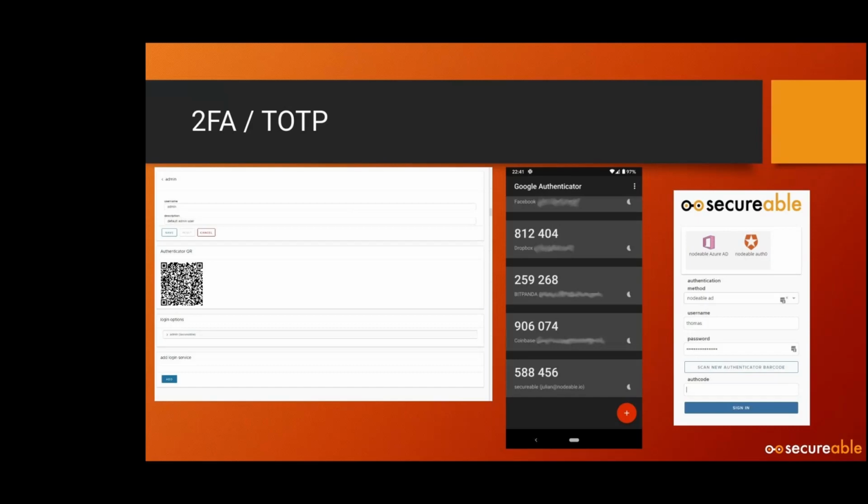Now, the most popular thing for that is the Google Authenticator. Maybe you've seen it, or maybe you've used that. But just by scanning the barcode, you can add SECURABLE or your version of SECURABLE to Google Authenticator and have this time-based password stuff, which is very, very cool. Very nerdy, but very cool.